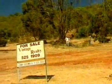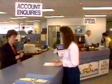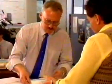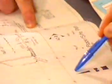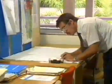Finding the perfect block of land for your house or commercial development is only half the battle. The other half is getting building approval by local government and other statutory authorities. One of the biggest stumbling blocks is wastewater disposal. As pressure on the environment grows, authorities are becoming more strict in the types of treatment options available to homeowners